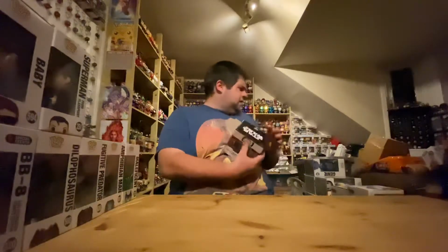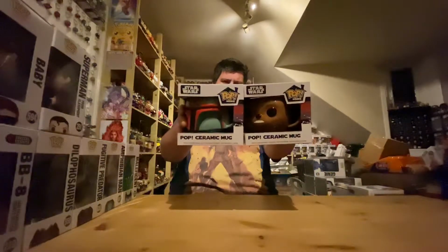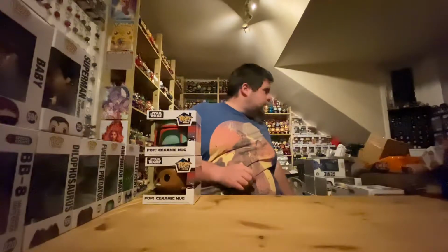So I picked up a couple of bits from Pop in a Box, not Pops. They put up a sale. It was like a vaulted sale, and I mean, they had some okay stuff, nothing I really wanted pop-wise, but they added some mugs. They were £4.50 each, I believe. I've got a few of the mugs, but I didn't have these two, so picked them up. As well as